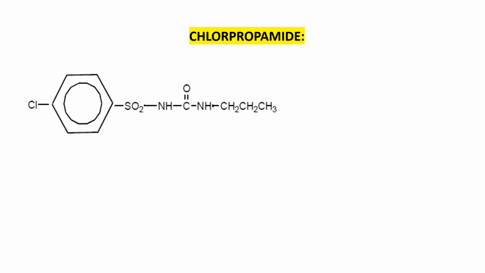In that, the first drug, that is chlorpropamide. Now this is the structure of your chlorpropamide. Apply the rules. In this, first we are going to identify the basic structure. After identification of basic structure, we are going to give the numbering. Then we are going to find out the respective substituent groups at their respective positions. And while writing the chemical name, first we are going to write down the name of the substituents prefixed with position in alphabetical order. And at the last, we are going to write down the name of the parent structure.